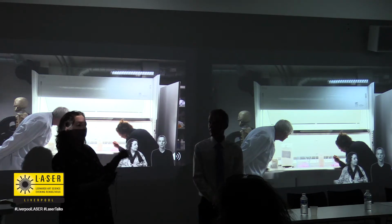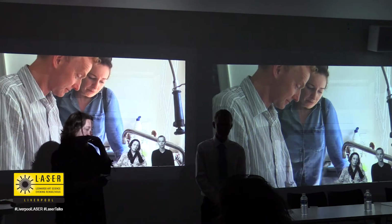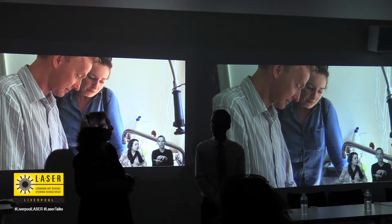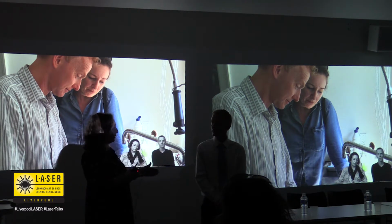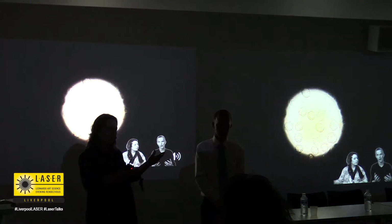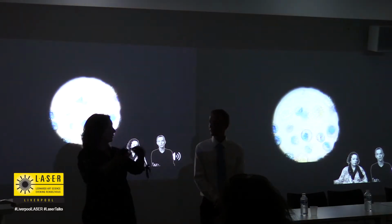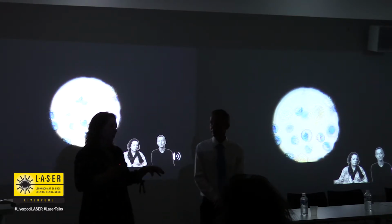But all this could happen in 2 weeks. The skin cells could grow within 2 weeks, and the laser, obviously scanning and laser technology is pretty much instant, and the 3D scan will be available on your smartphone pretty soon. We were interested then in how you potentially apply that for medical benefit. And if you imagine, I think the example I use a lot is children with facial burns, mainly due to kettle burns, which don't go away, and how you could then graft or grow skin in 3 dimensions that still has its elasticity because you haven't stretched the cells or the tissues to form it. Because it's grown with the patient's own skin cells,